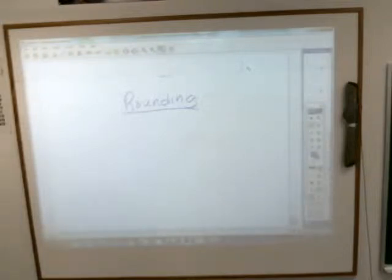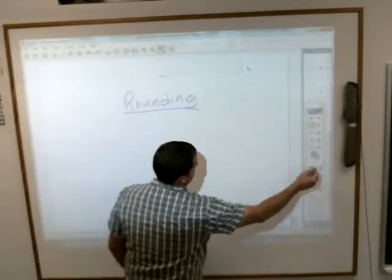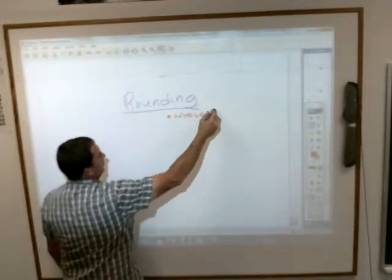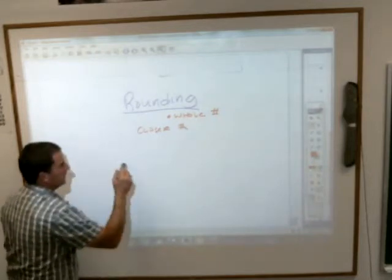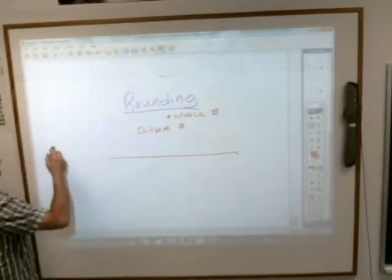When you round something, ladies and gentlemen, what are you doing? Peter? You're going to the closest number. All right, and today specifically we're talking about rounding whole numbers. So we are looking at rounding to the closer number. Okay, so if you're thinking about it on a number line,